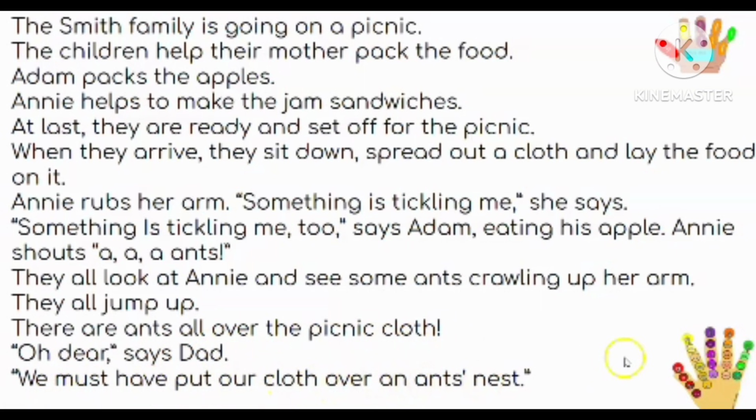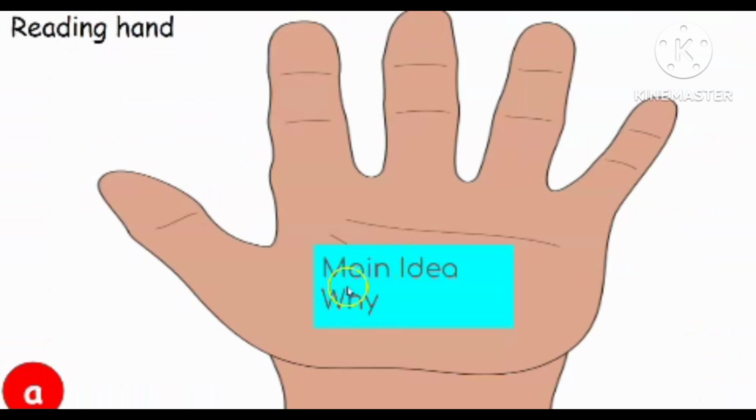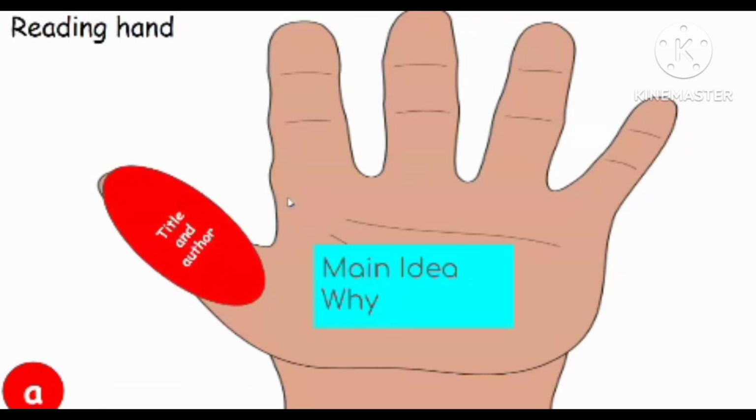I think I have an idea of the main idea, but let me answer the questions first. Title and author. The author comes from a Jolly Phonics series and they do not give me a title, so I would assume or give it the title The Smith Family Picnic, or The Smith Family Goes on a Picnic. Or Ants at the picnic. You decide on your own. The next one is